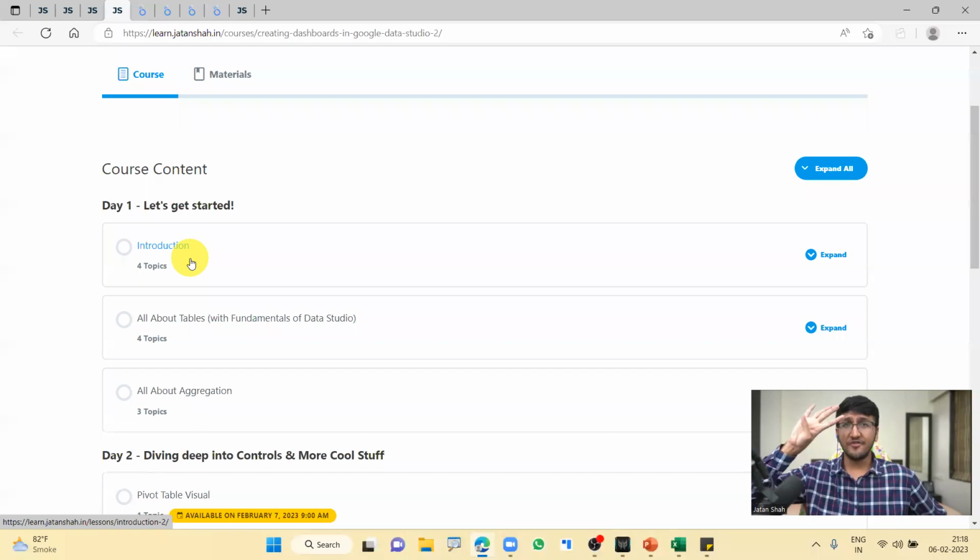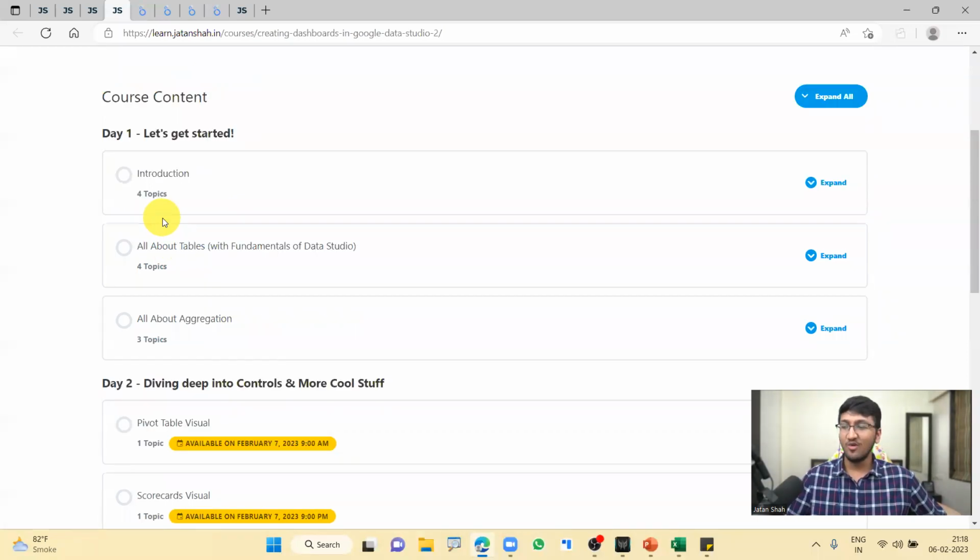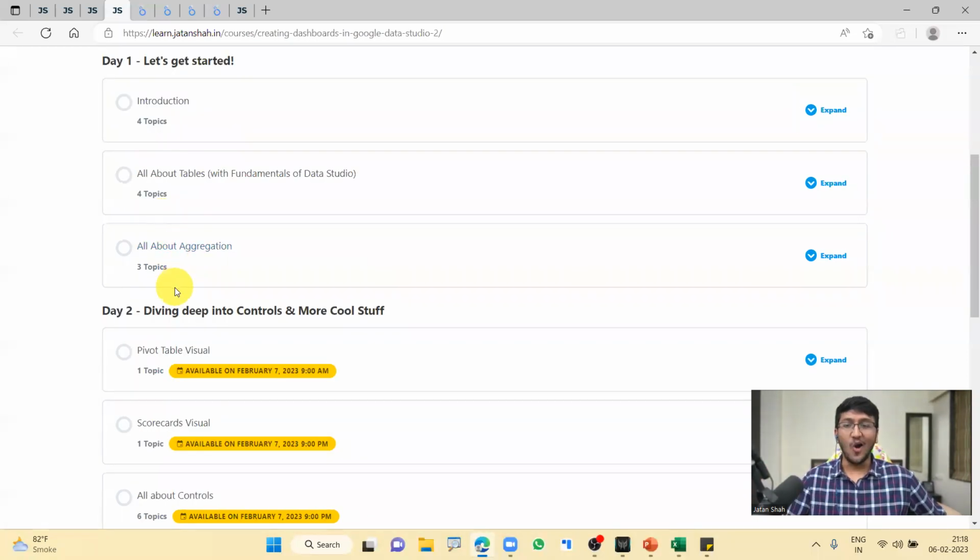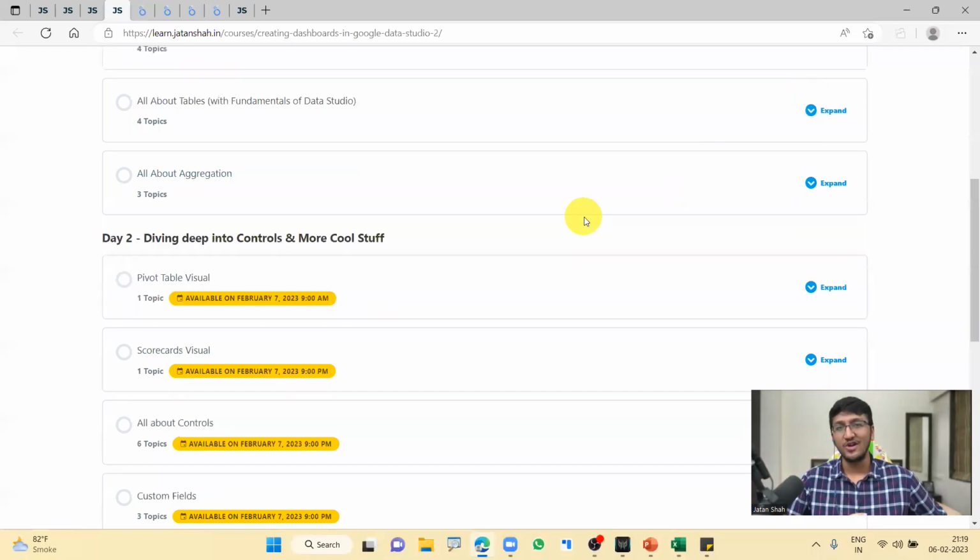Right here, for the first 4 days of the workshop, all the modules are available to you. For example, day 1, let's get started. Then you move on to day 2, which is going to be all about diving deep into controls and more cool stuff. Multiple topics, multiple subtopics, as you can see. Bite-sized, small videos, very fun videos for you to learn and watch.